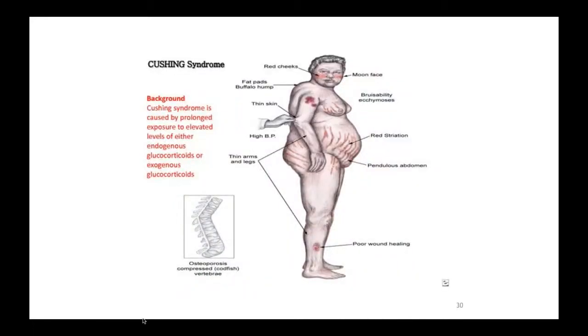Here is Cushing's, where you see that round moon face, the reddish cheeks, thinning of the skin. You see red striations, what looks like stretch marks around the stomach, around the breast tissue. We see a real pendulous upper half of the body, like a big, big belly, but then you see much thinner lower extremity. You see thin arms and thinner legs with too much cortisol, too much glucocorticoids. You get that fat pad at the base of the neck. They call it a buffalo hump with Cushing's syndrome.